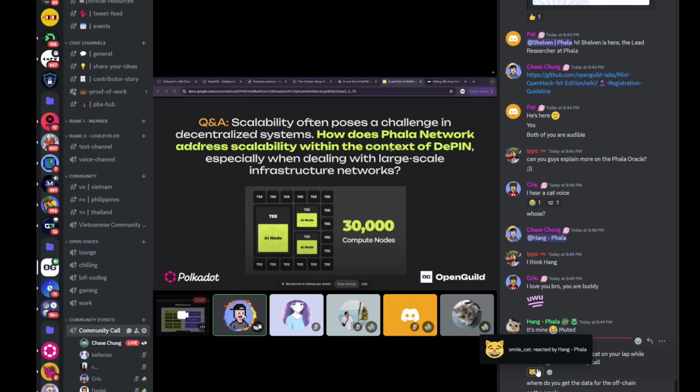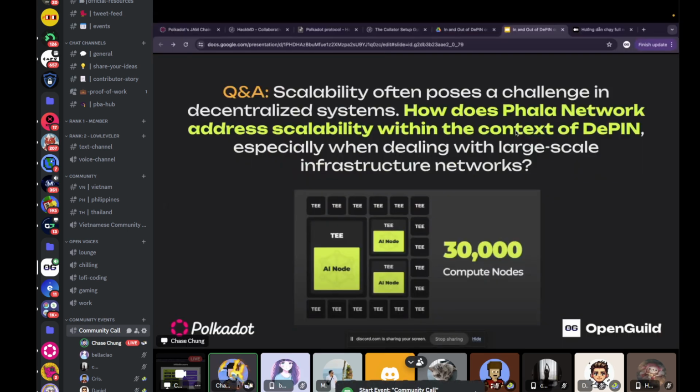We're talking about Depin, and the underlying part of Depin is blockchain and running nodes to contribute back to the network. So the question is, scalability often poses a challenge in decentralized systems. How does Phala Network address scalability within the context of Depin?